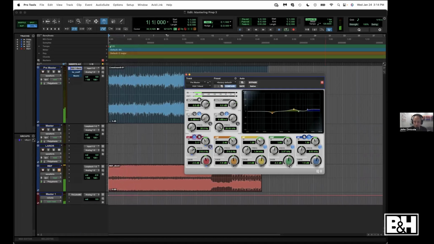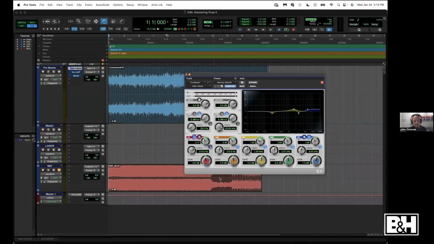So I'm just going to pull that out like we had before. And so you can see nothing I'm doing here is really too intense, mostly about 2 dB. And again, it's probably on the higher end. We're just trying to make these changes a little more obvious for you to hear over Zoom. But basically I had just cleaned up the mix just a little bit, very subtle changes,